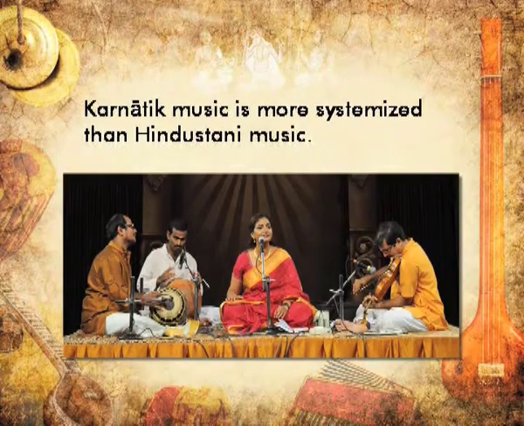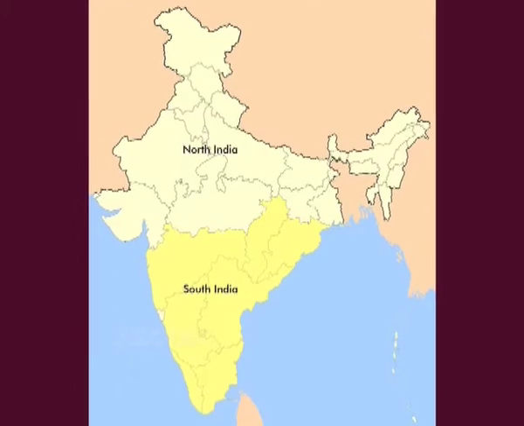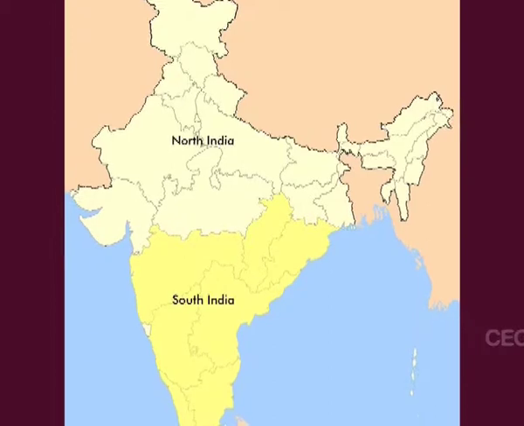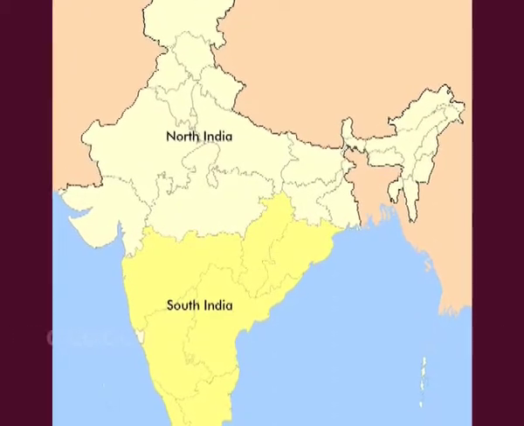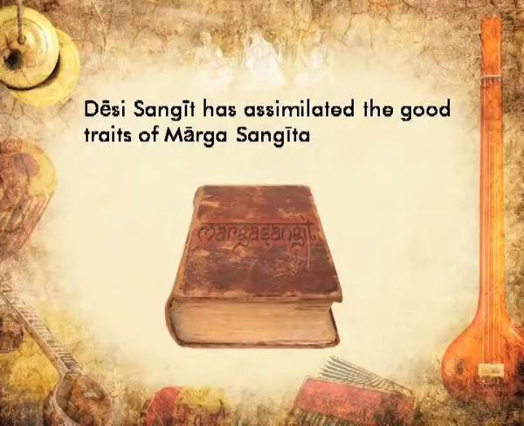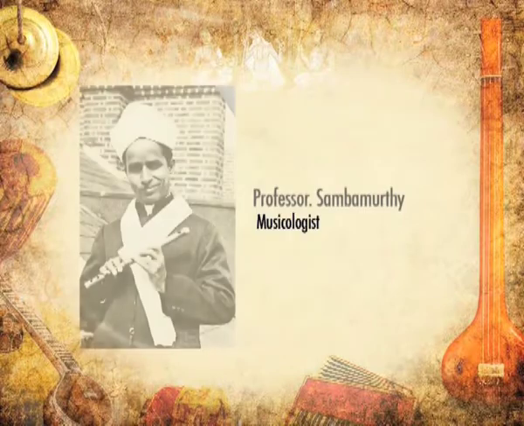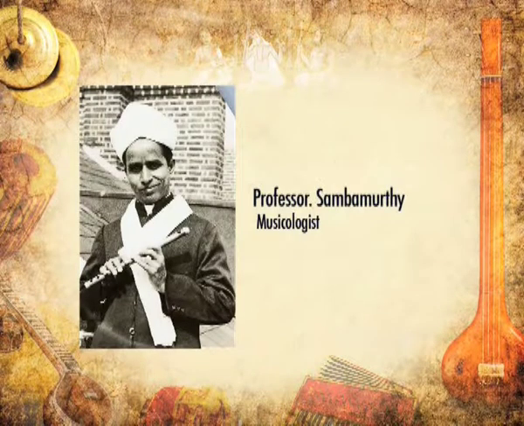Carnatic music may be said to be more systemized than the Hindustani music. The term Carnatic is used in the dual sense of old and originated from the southern part of the Indian peninsula. The Desi Sangeet has assimilated the good traits of the old Marga Sangeeta. Musicologists in the south referred to their music only as Sangeeta and did not call it Carnatic music until